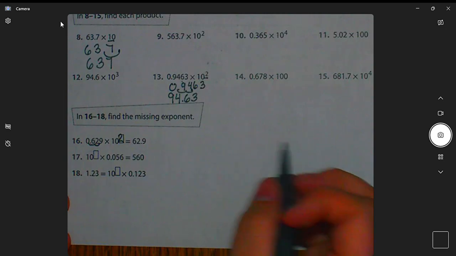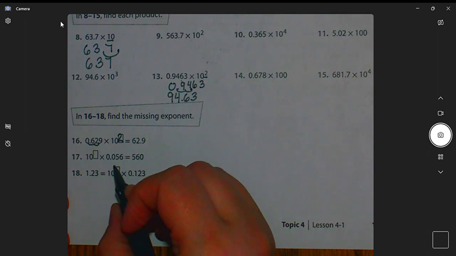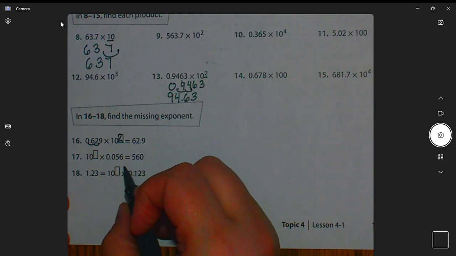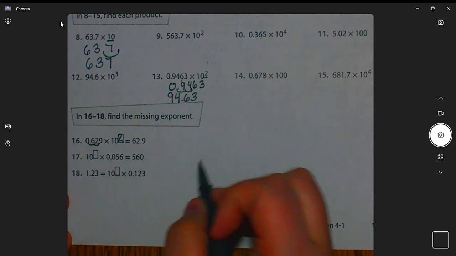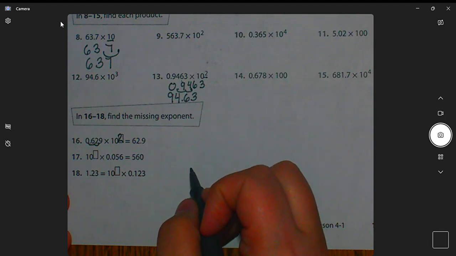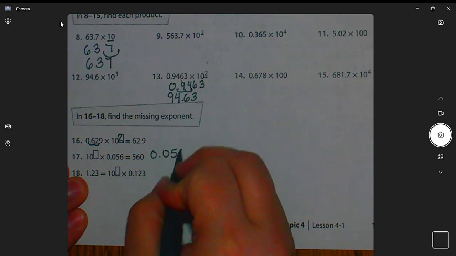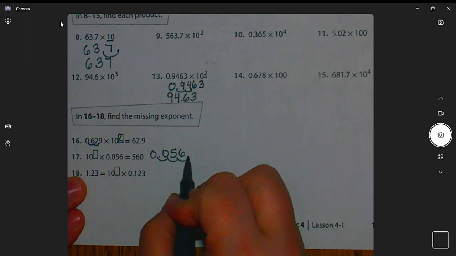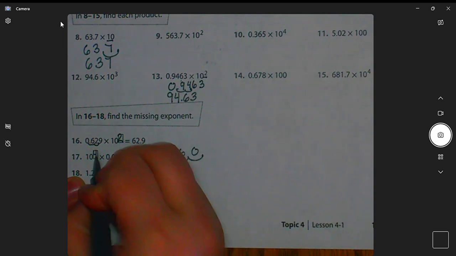Let's do another one. 10 to the what times 56 thousandths gives me 560. Ready to count? How many times is my decimal going to jump? Is it going to move to make my number say 560? Well, let's write it out so we can have a working number. And let's put your theory to the test. 1, 2, 3, 4. Oh, you are off by 1. It's 4. And if you got it,